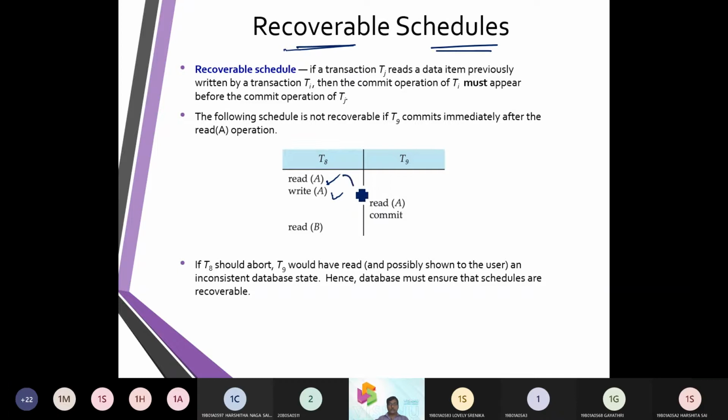Then it was migrated to T9. This is T8 and T9. Before T8 completed its transaction, now T9 made a commit.